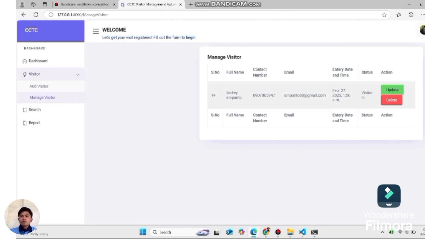After clicking the add button, a confirmation message will appear indicating that the visitor has been successfully added.